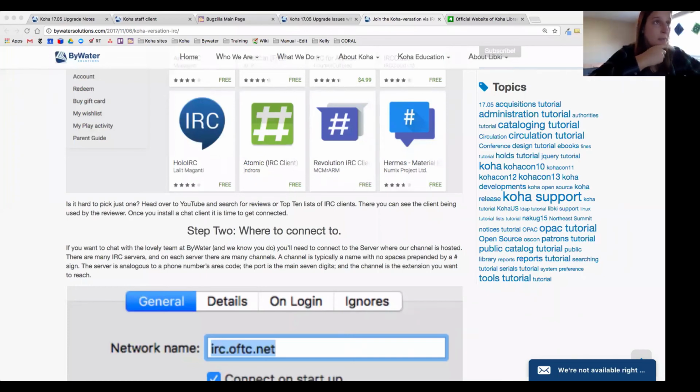I will say, since the upgrade, we've had quite a few people. Owen from one of our partner libraries jumped in the other day and had a question about the hold expiration reserve date, which was something that had come up during the upgrades, and he jumped right in there. And Kyle, who's one of our lead developers, was able to send him the workaround right away through IRC. So, if you're able to log in through your library, it is a great way to do it, either through the browser or by downloading a client.